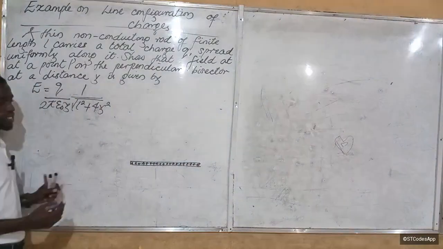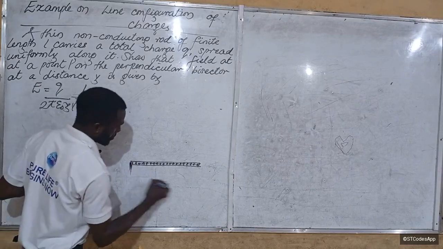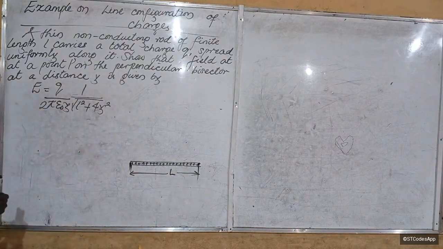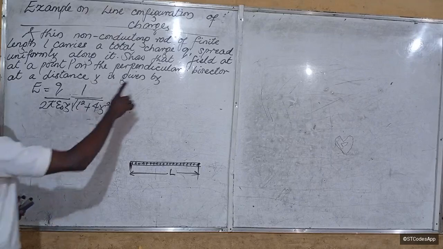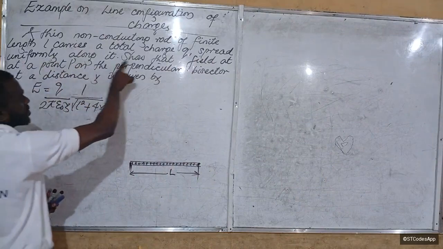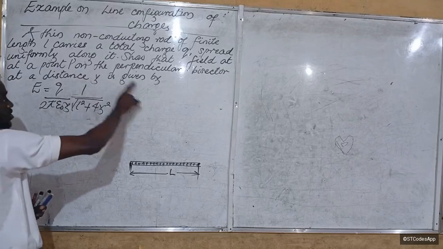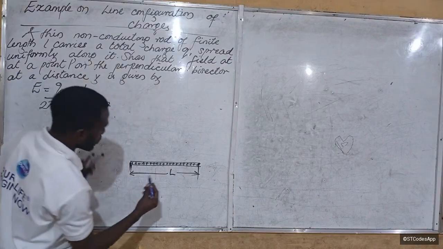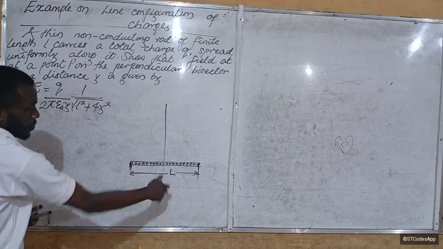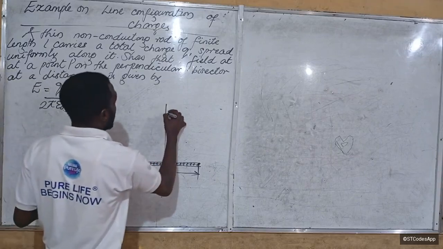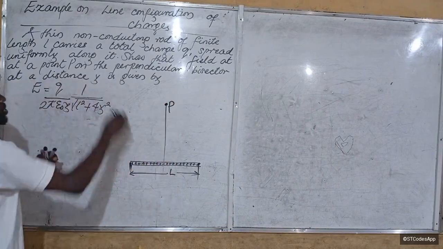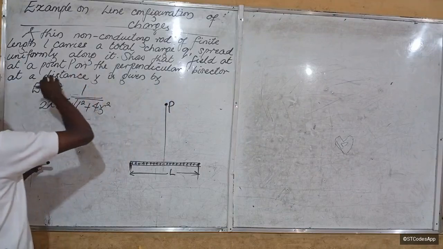We're using positive charges now. It has a definite length L, okay? It now says that the sum of the charge is Q, spread uniformly along it. Show that the field at a point P on the perpendicular bisector. What is the perpendicular bisector? Let's draw a perpendicular bisector. This line is the perpendicular bisector. So at a point P on this perpendicular bisector, the field is given by